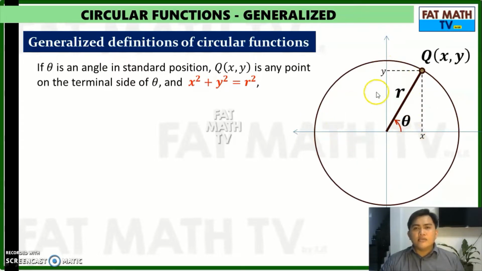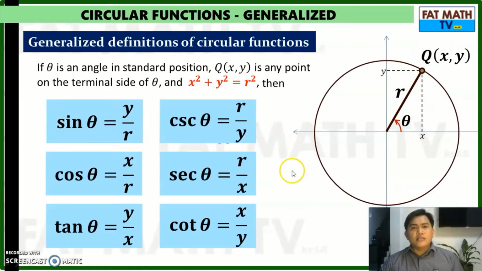So here, why is it called the generalized definition? Because we are no longer considering only the unit circle. We have here a circle with radius r. And then we have the following circular functions. We can obtain this by using SOHCAHTOA, by drawing this, or we can also have it using similar triangles if we draw here a circle with